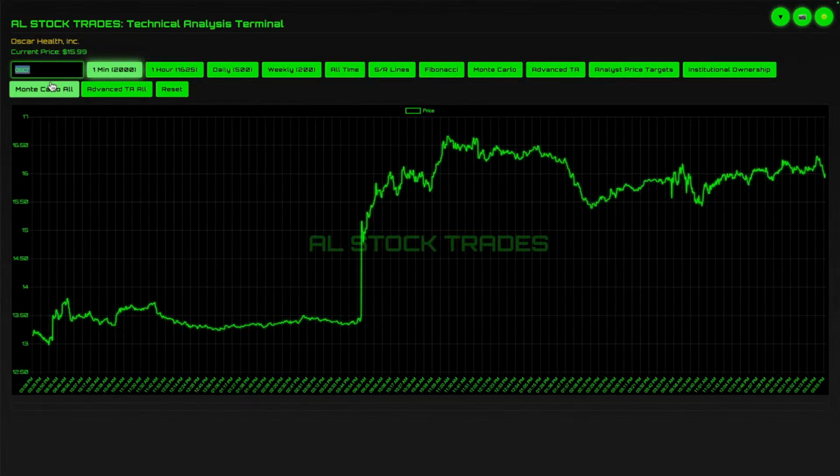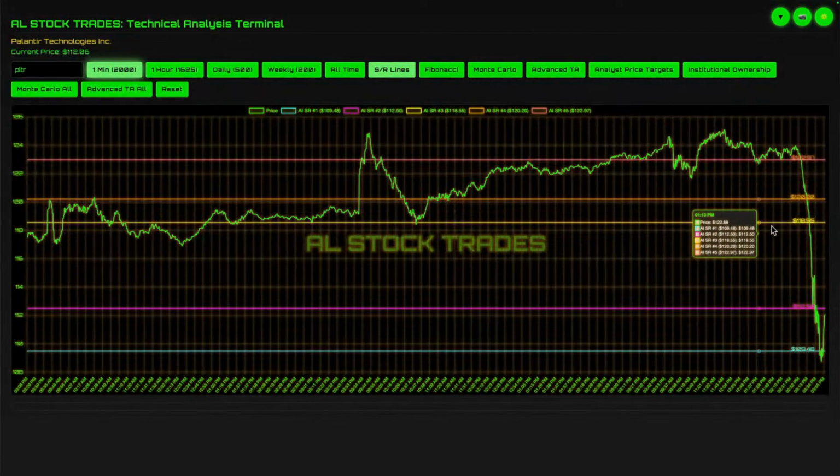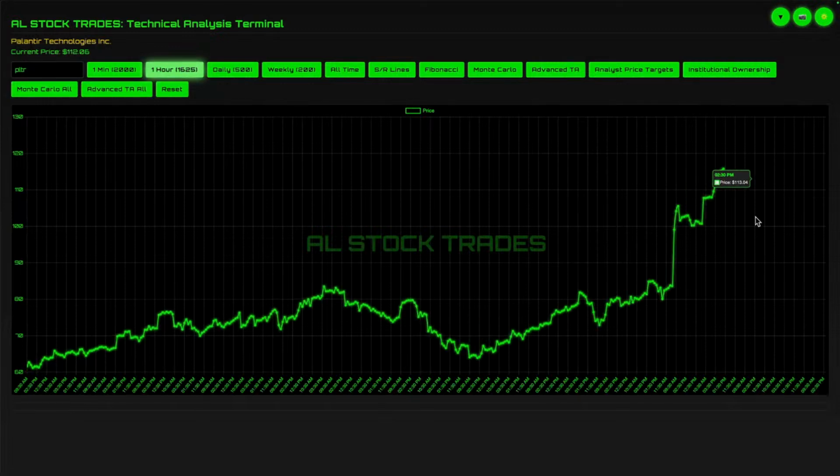So the question now we have to ask ourselves is, what's another darling for retail investors? Well, Palantir is a darling for retail investors. But interestingly, something happened with Palantir. You saw it basically dip. You saw a huge price breakdown. In fact, you see this price going down, right? This price going down. So why? Well,